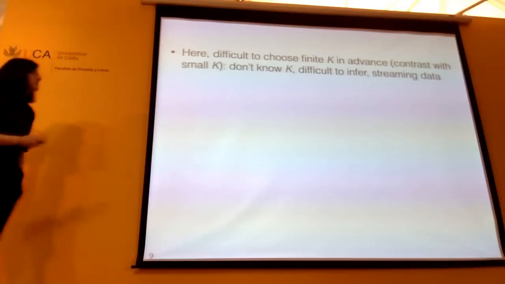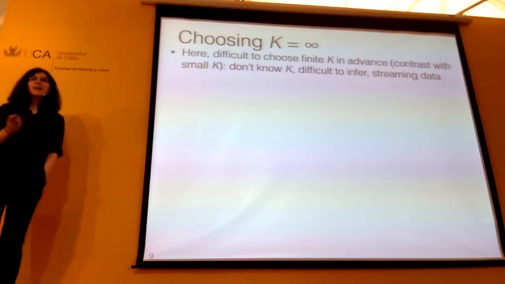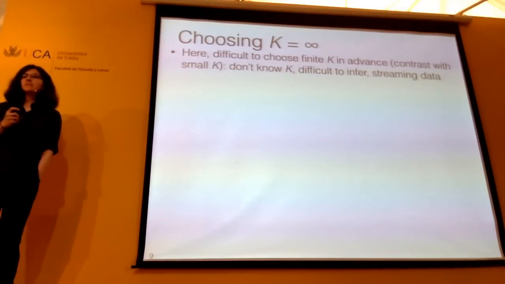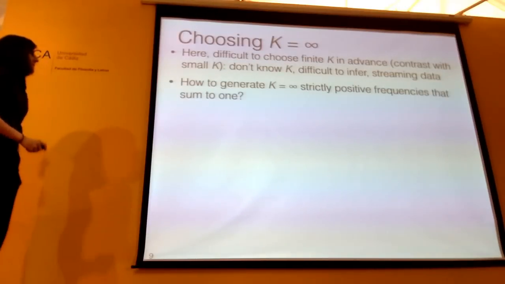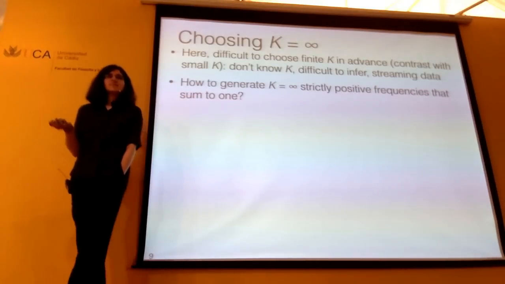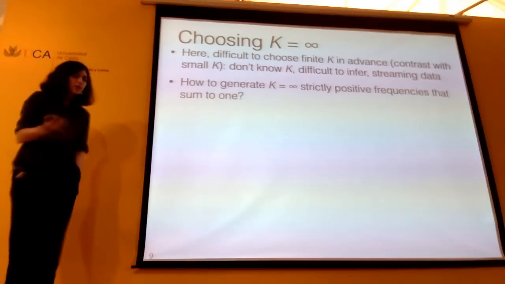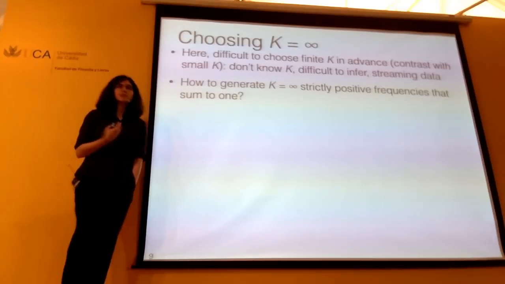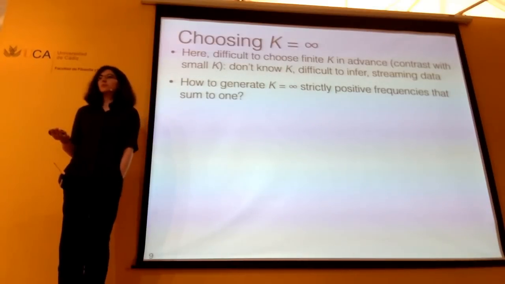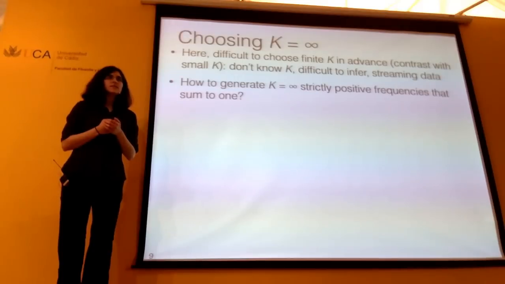So in all of these cases, something that we might consider is, instead of fixing k, setting k, the number of components, not the number of clusters, to infinity. Okay, well, now we've got ourselves in a little bit of a bind. How do we generate infinity frequencies that sum to 1, that are random and have nice properties? We know how to generate 2 frequencies, the beta distribution. We know how to generate a positive, strictly fixed number of frequencies, a Dirichlet distribution. But how do we generate an infinity of frequencies that sum to 1? Seems like a tough problem.